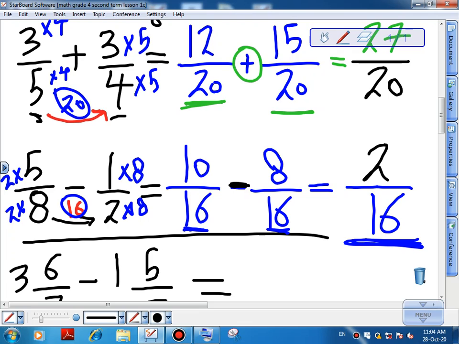If we need to get this fraction in the simplest form, 2 and 16 are even numbers. Both of them are divisible by 2. If we divide 2 by 2 and 16 by 2, 2 divided by 2 equal to 1, 16 divided by 2 equal to 8. 1 over 8 is the simplest form of this fraction. Okay? But now we have